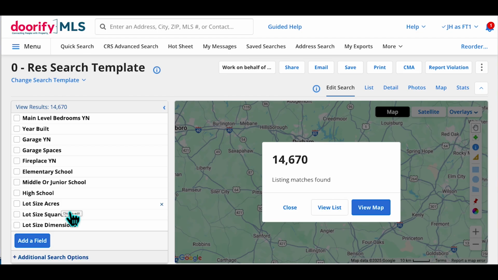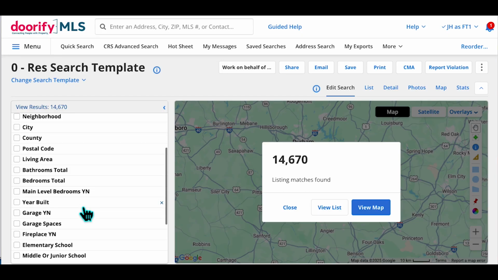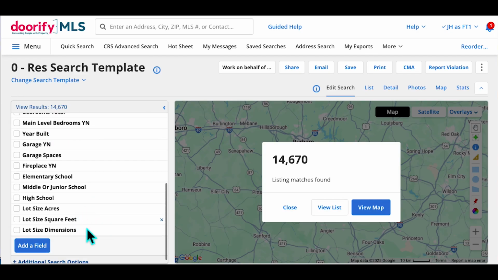Now again, I'm not really particular about a lot of things, but when I see fields, I like things in the order that I like them. And lot size, this doesn't make sense to me down here. The question that usually comes up is, hey, can I put that up maybe right under main level bedrooms? Yes, no, before year built. I want to put it where I want to put it in my search template, just so I feel comfortable with my workflow. So I can't drag and drop things from this screen,